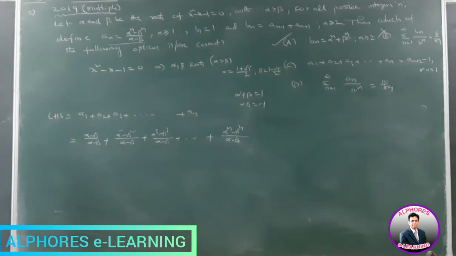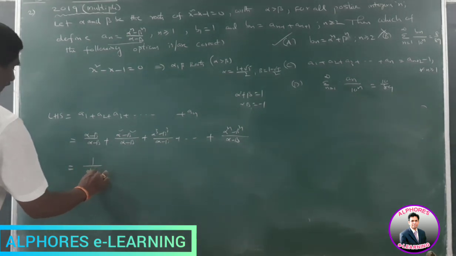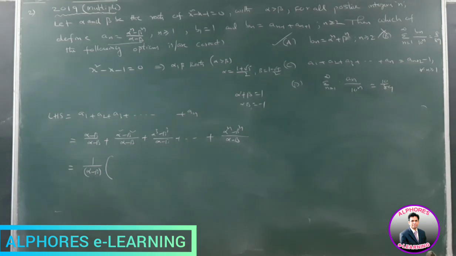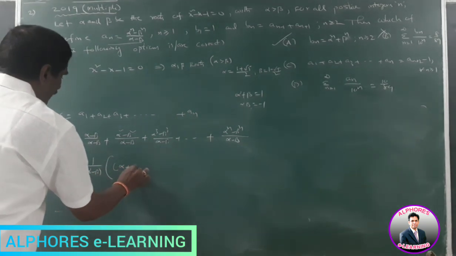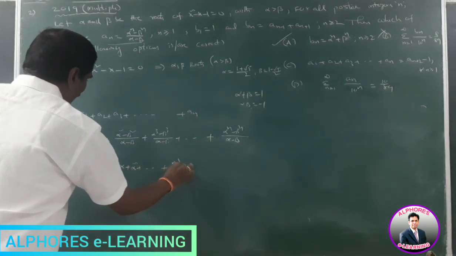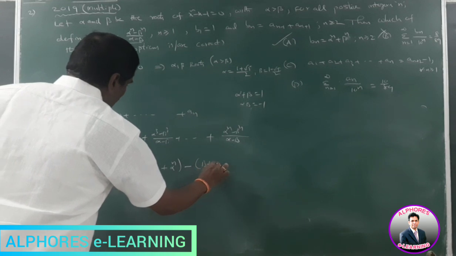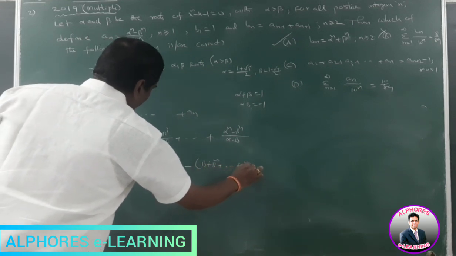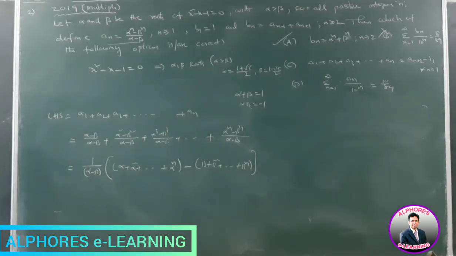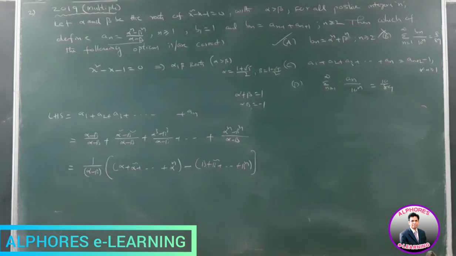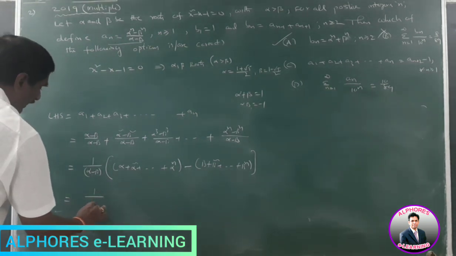Here LCM is alpha minus beta. So 1 by alpha minus beta of, here the first terms are alpha, alpha square, alpha cube, so on. These are in GP. That means alpha plus alpha square plus so on alpha power n, minus of beta plus beta square plus so on beta power n. This is also in GP. Here there are two GPs. In GP, sum of the n terms is equal to A into R power n minus 1 by R minus 1. That means 1 by alpha minus beta of